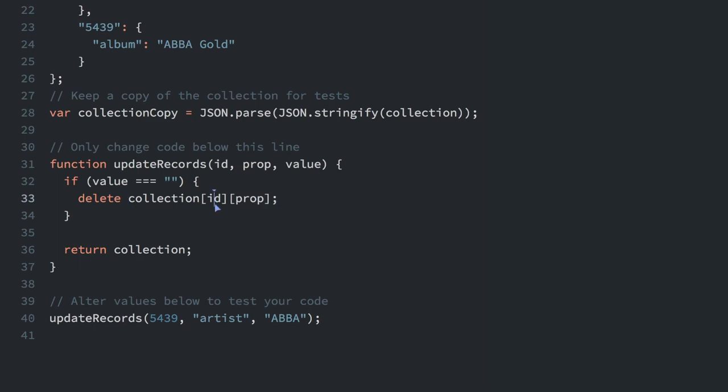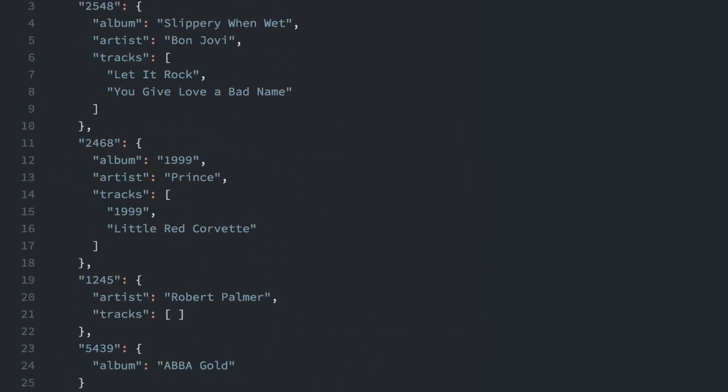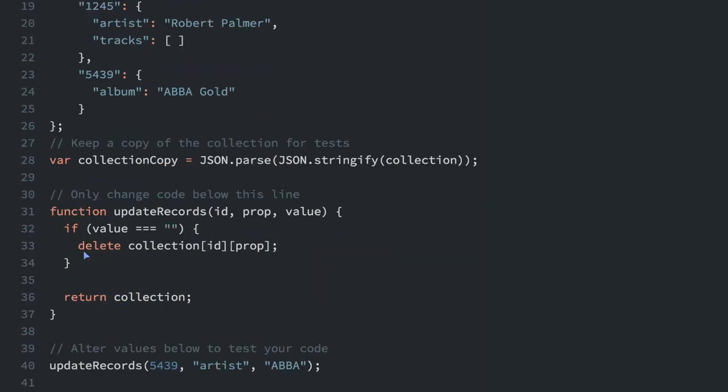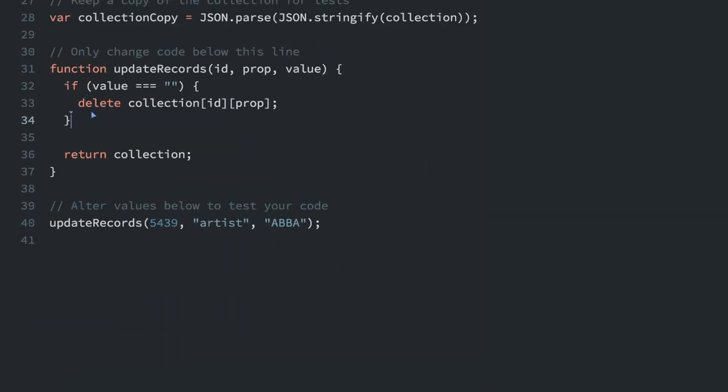The collection ID prop, that's the collection here. If we pass in the ID 1248, it would go to there. The property, if we pass in album for the property, it would go to here, and then it would just delete that whole thing if our value is an empty string. Okay, the next condition we have to look for is if the property is tracks, because for most properties, we're